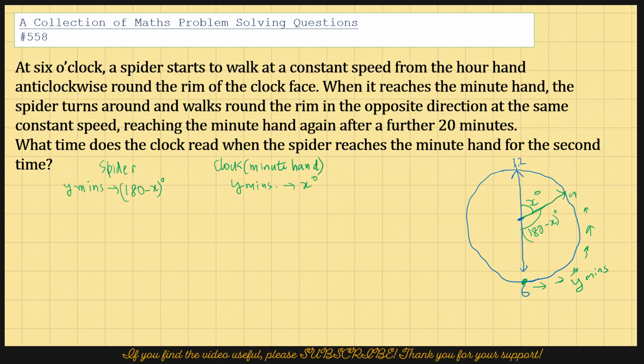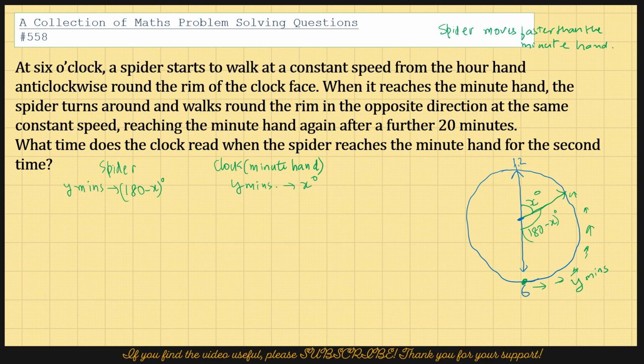So obviously the spider is faster than the minute hand, the movement of the spider, the speed. So we say the spider moves faster than the minute hand. This is an important bit to understand, and it is confirmed by the second